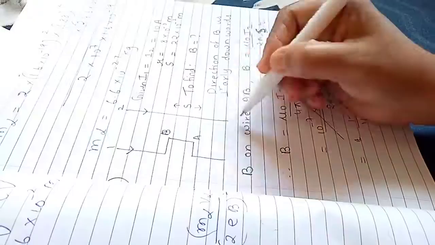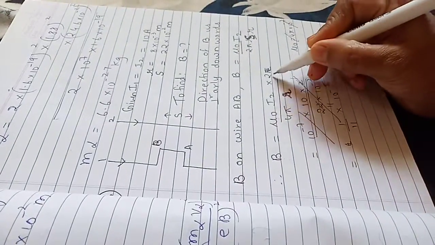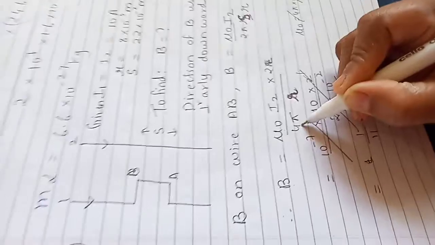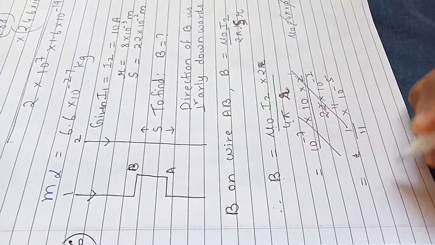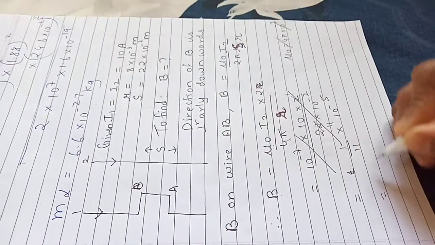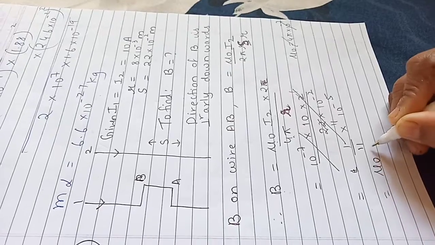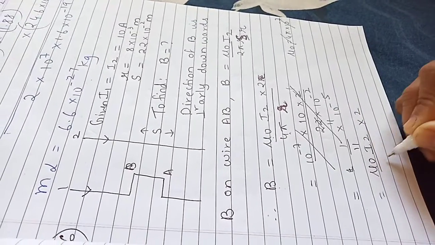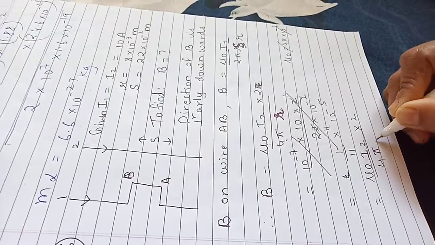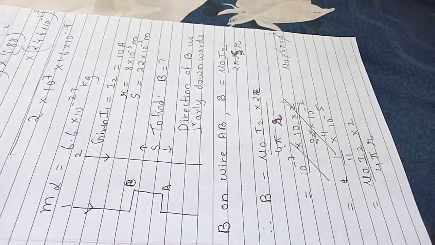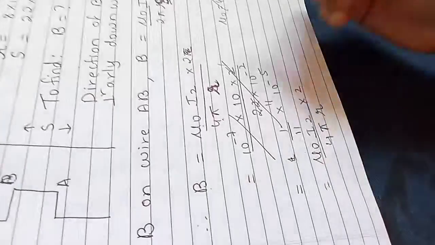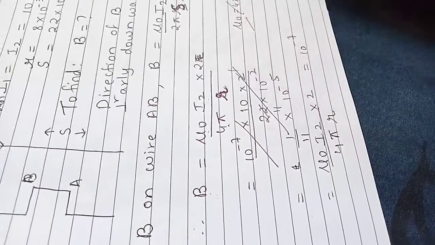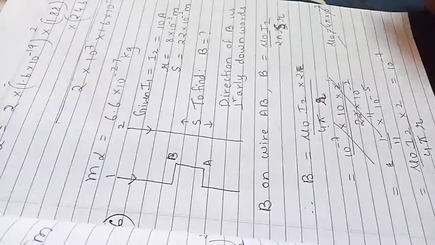Magnetic field due to a straight conductor carrying current is mu naught I2 into 2 divided by 2 pi R. I have multiplied and divided by 2 to make this as 4 pi. आता पुढे बघा. This is, I'll write it again this step. Mu naught I2 multiplied by 2 divided by 4 pi, here precisely R. Mu naught upon 4 pi is equal to simply 10 raised to minus 7, as mu naught is 4 pi into 10 raised to minus 7.